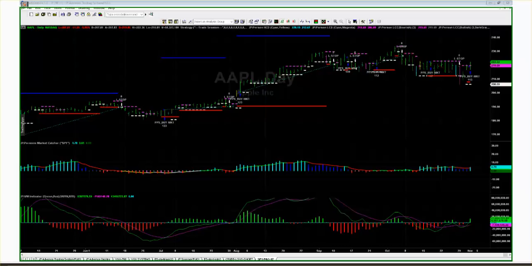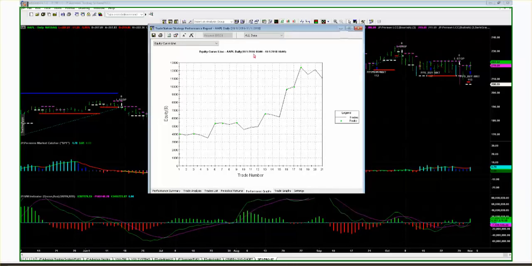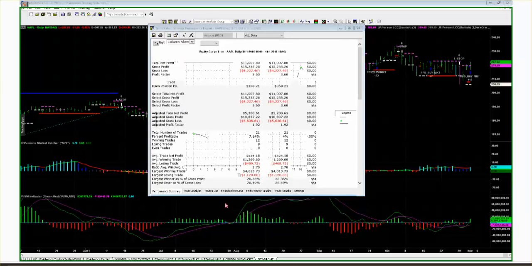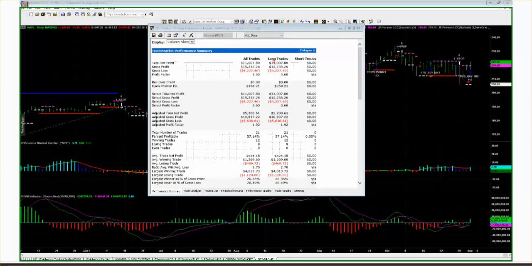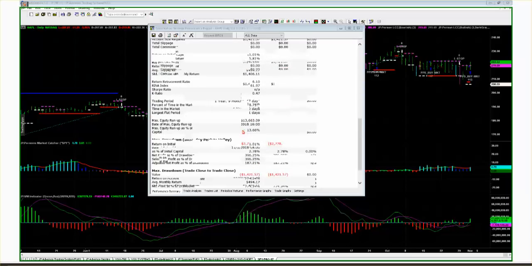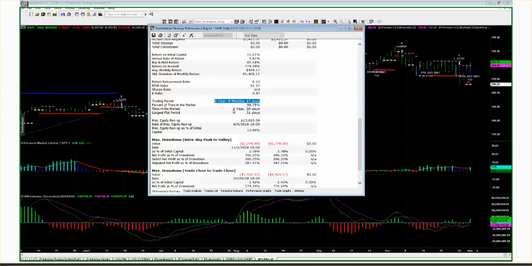We're just in the process of building something here. First and foremost, this goes back since November of 2016. To further build your system, let's first take a look at this, and we say, wow, the profit factor is 3.6. It only did 21 trades. But if you go down and see it's only been 1 year, 9 months, you're actually in the market half the time. That's why it doesn't do a lot of trades, because it's a daily system.